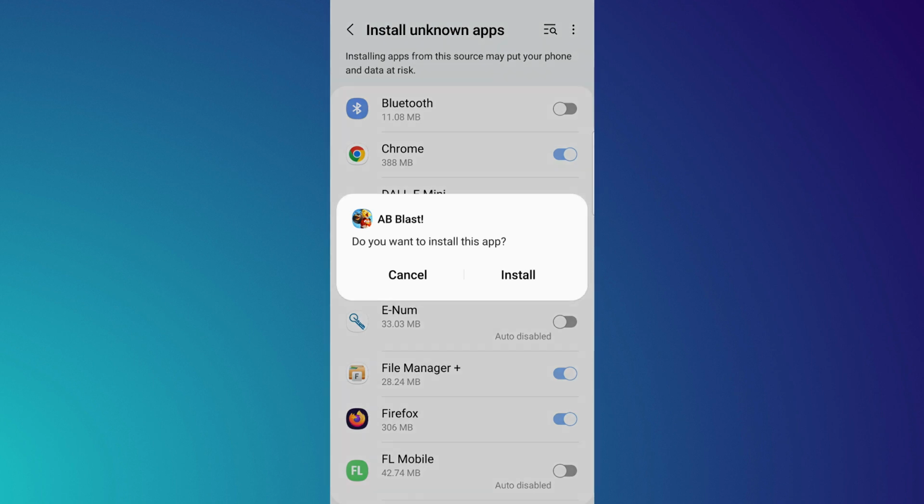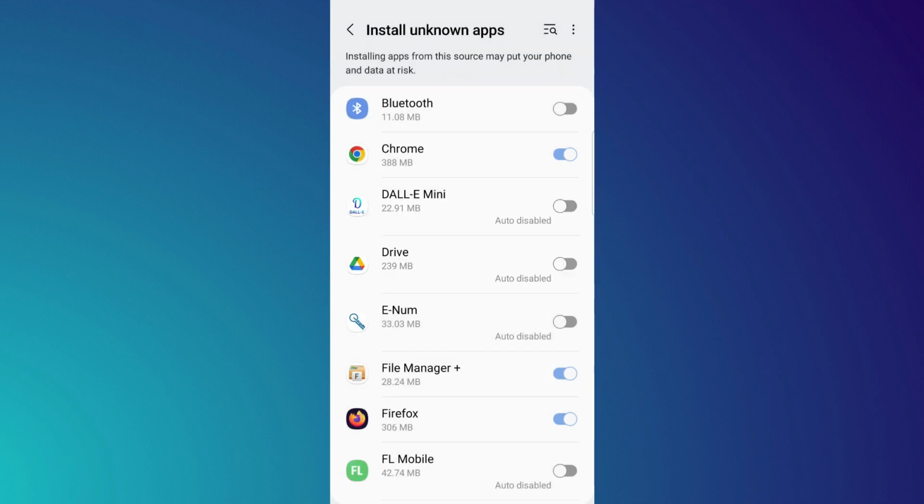And next we can install this application. Tap on Install and our application is installing. That's good. Application has been installed. Tap Open or Done. And what I also want to show you is where to find the Install Unknown Apps